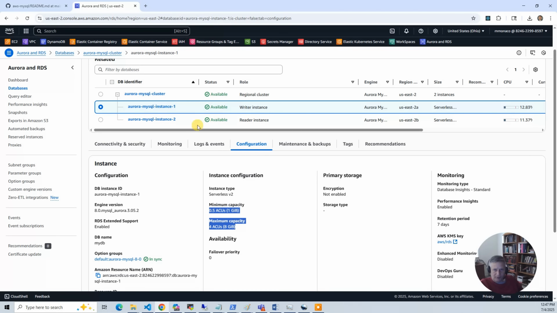So we have the reader and writer, and we've talked about how the reader is synchronous. As soon as you do a write, it's available on the reader. There's no lag. It's an ACID compliant type of solution. And we've got this notion of the reader and writer. Now I can go back into the cluster